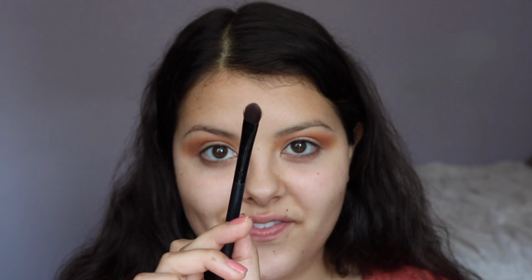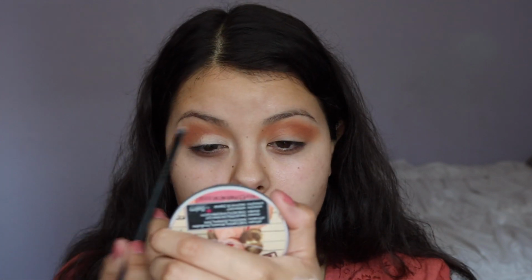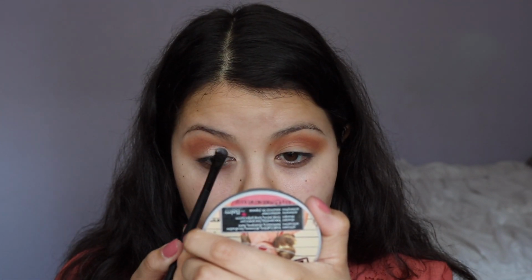I'm going to use this flat top brush. I actually think this is from Forever 21, maybe like 6 years ago. So this has been with me through so much. I'm gonna take the same concealer I primed my eyelids with, and I'm going to put this on the back of my hand and then pick it up with my brush. I'm just gonna start concealing a little bit. I don't want to do a full cut crease. I might just do a half one, because I like what's on the outer edge. I'm just gonna go back, apply more concealer, and I don't even know how that's looking, but